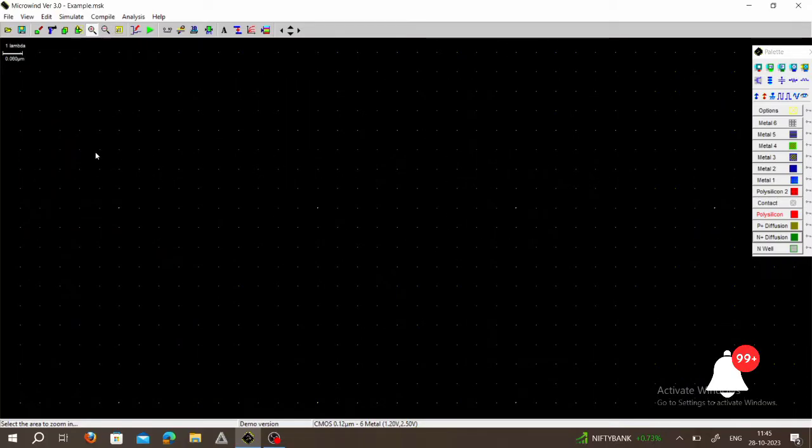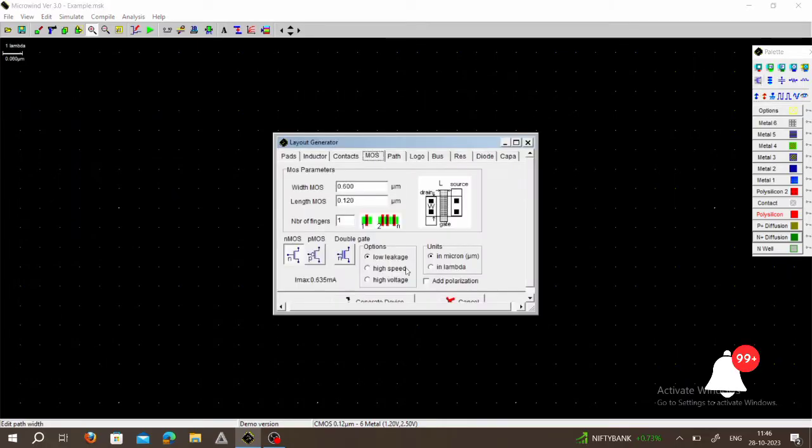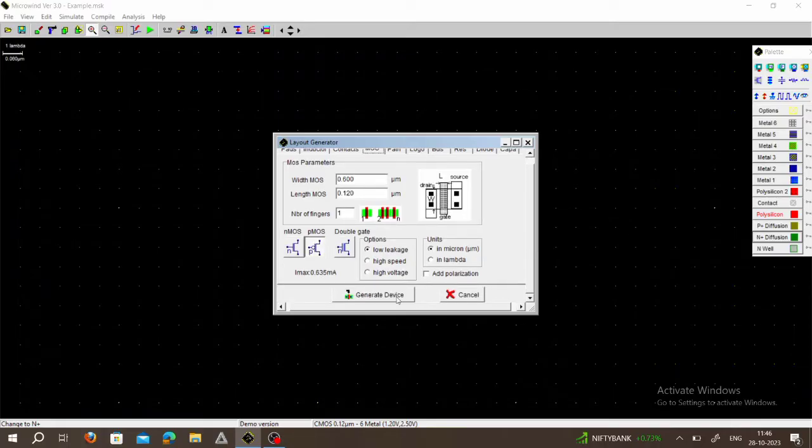Next, we have to draw the layout of the CMOS inverter. This is the palette. Click here on MOS generator. This is the width of the MOS. This is the length of the MOS. Just click on MOS and select PMOS. So this is the symbol of PMOS. It consists of three terminals: gate, drain and source. Click here on generate device